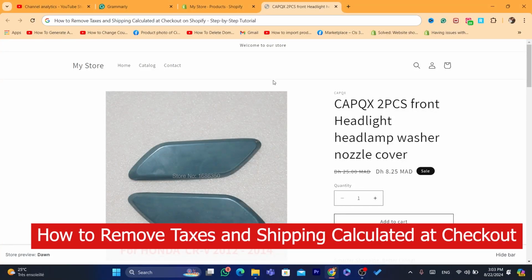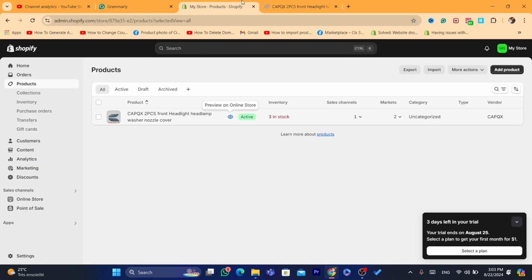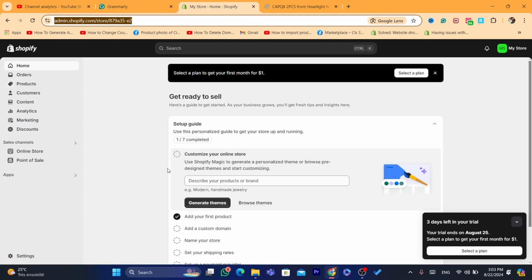Hi guys, in this simple tutorial I'm going to be showing you how you can remove taxes and shipping calculated at checkout on Shopify. Now what you need to do is log into your own Shopify store. On your Shopify dashboard, what you need to do first to remove taxes, you want to click on